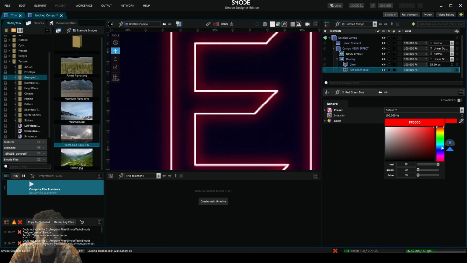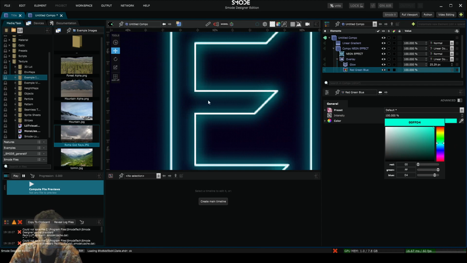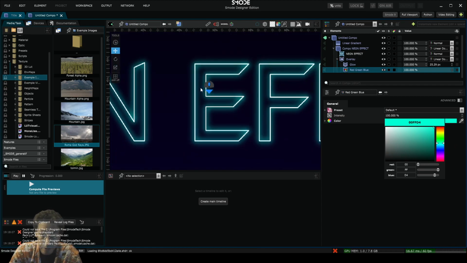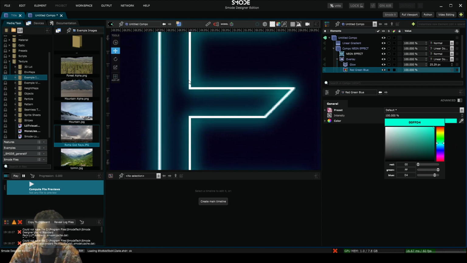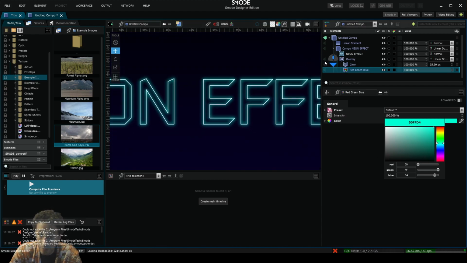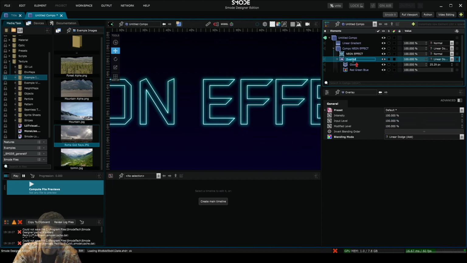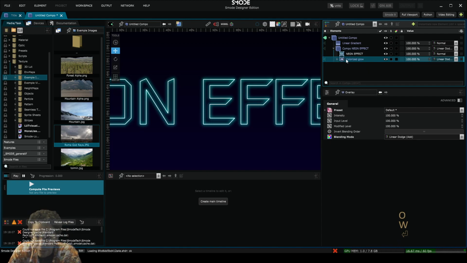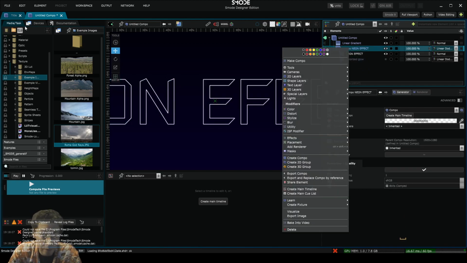This will allow us to do this kind of blurry effect, but with a color. So I keep my white line in the center and I just add colorized glow. So let's rename that colorized glow. And if you want to do this kind of glow in a way faster fashion, you can just go